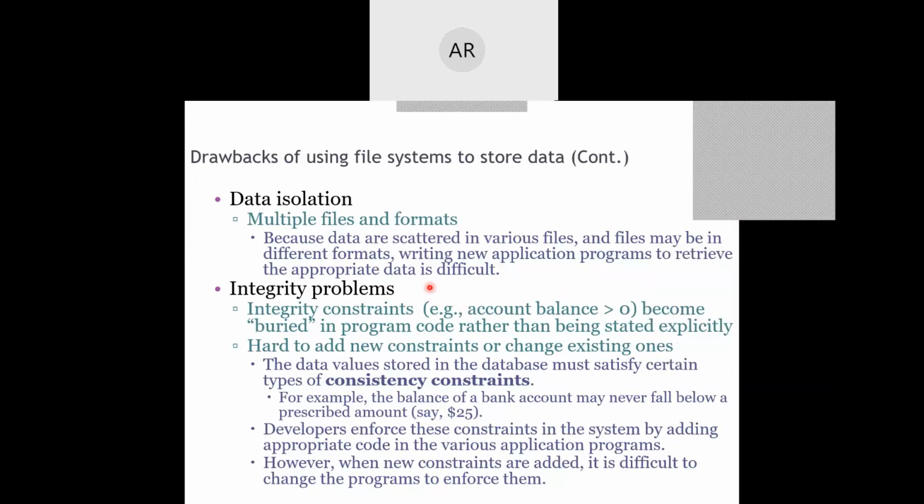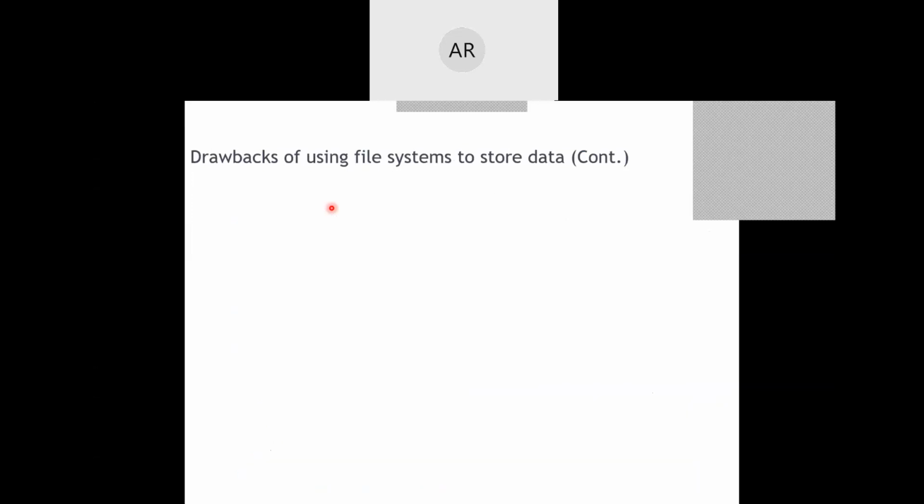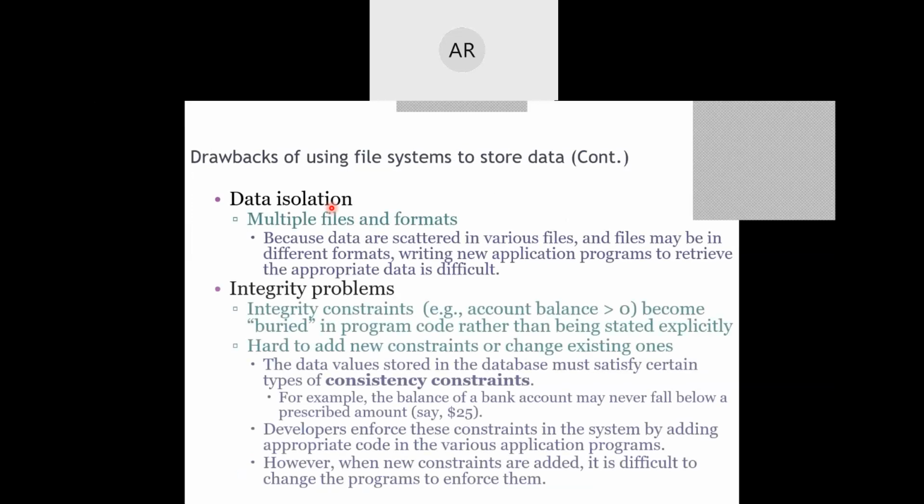So that was the second problem. The second problem is data isolation. The first one was data redundancy and inconsistency. The second one is data isolation. The third one is integrity. Integrity problem means, for example, I'm entering the PIN numbers. Your PIN numbers will start